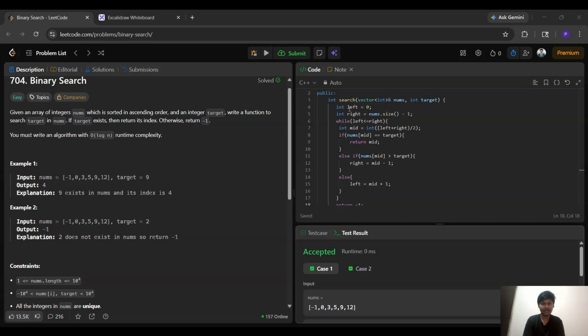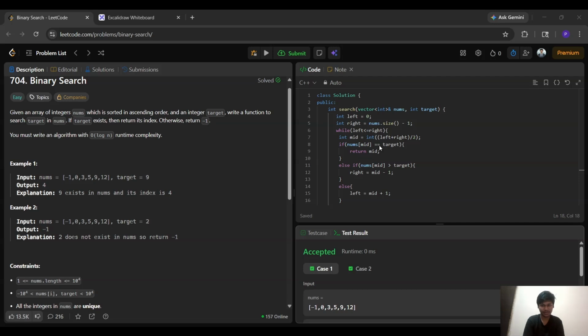Then we find mid, which is left plus right divided by 2, the middle index. After that we compare nums[mid] equal to target, then found. If nums[mid] is greater than target, then search left. If nums[mid] is less than target, then search right.